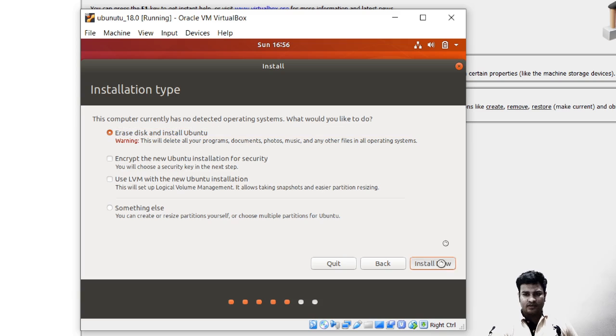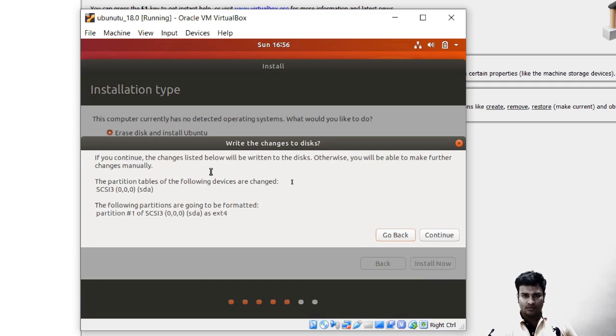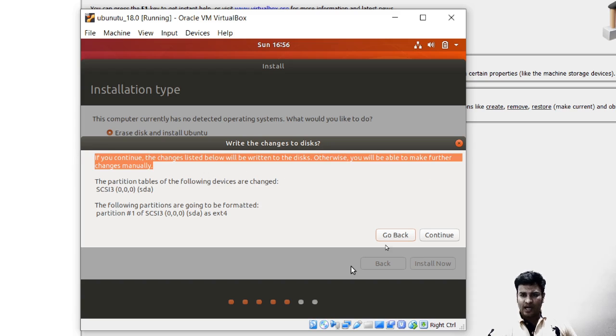That is okay. I've clicked on install now. It says that if you continue, the changes will be written to the disk. Otherwise, you will be able to make further changes manually. That is okay again. Yes.